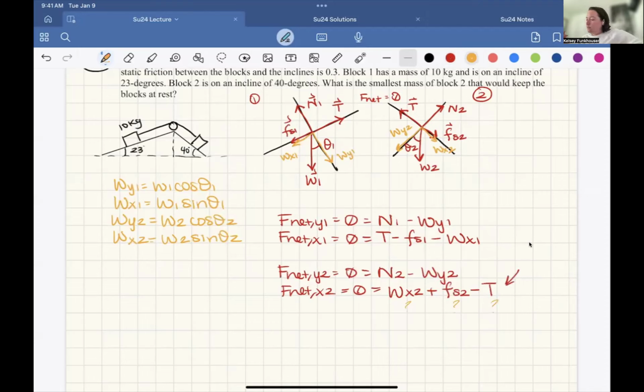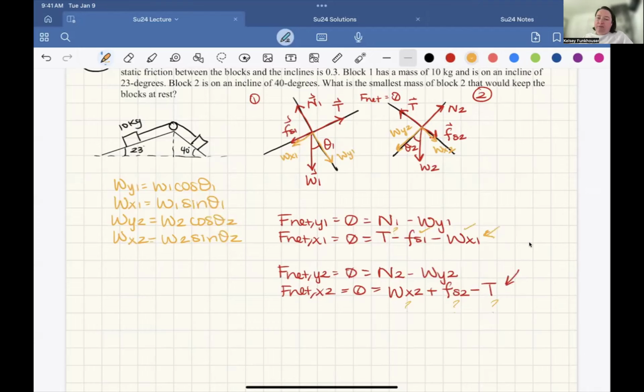But we do have tension in this equation, and we do know the weight in both of these. I mean, we'll have to solve for it, but we can because we know the mass of the first block. We don't know this tension, but we can get rid of that. So we can go from